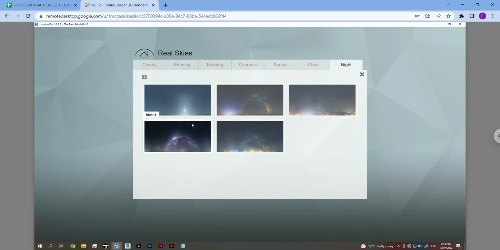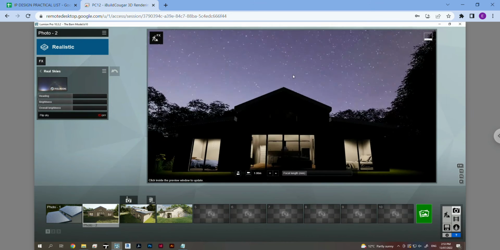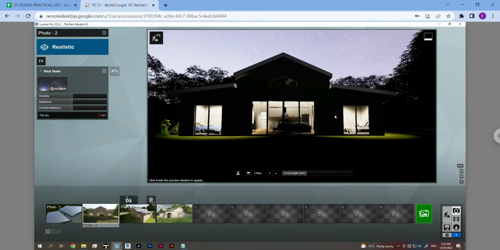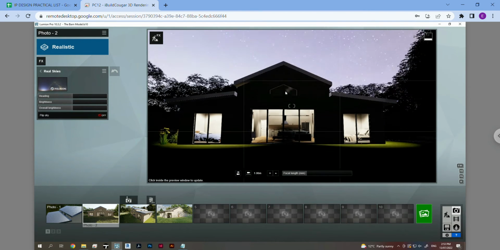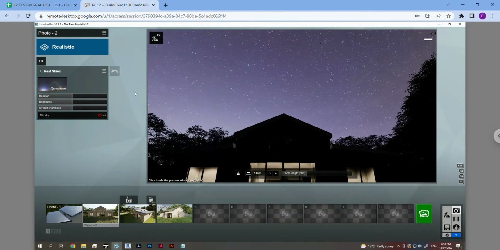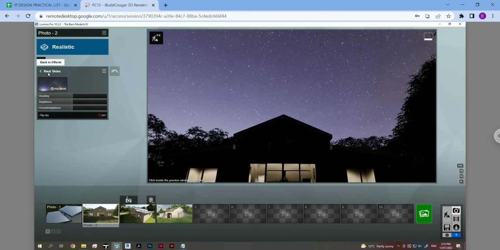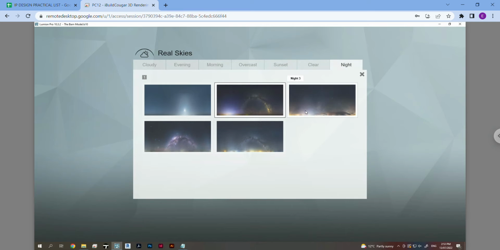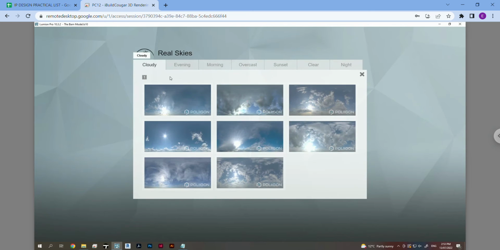Obviously nighttime is quite dark. I'll show you quickly. So that's what our sky would look like, and all my lights in my house come to life, which is great, but it's not actually what I want for an external shot at least. So I'm going to go back to cloudy. Any of these will do,